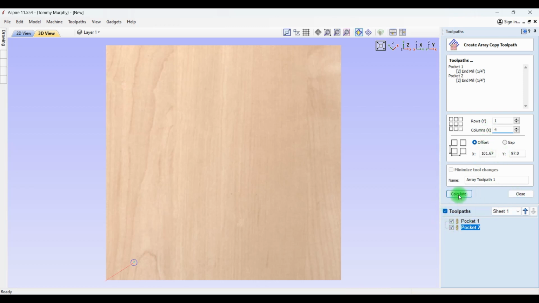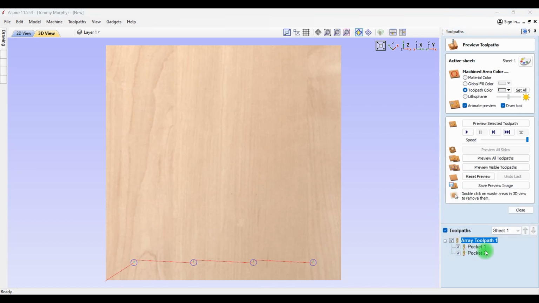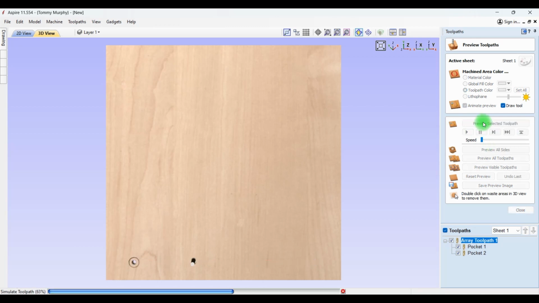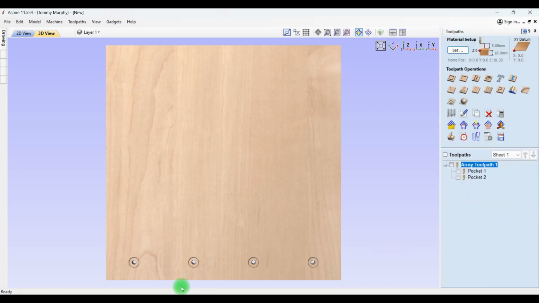Measurements are still in there. Calculate, that puts all those in. And we can now preview the toolpath. So that's the very same thing. So then it's just a case of saving your toolpath again so that you can machine those into the end